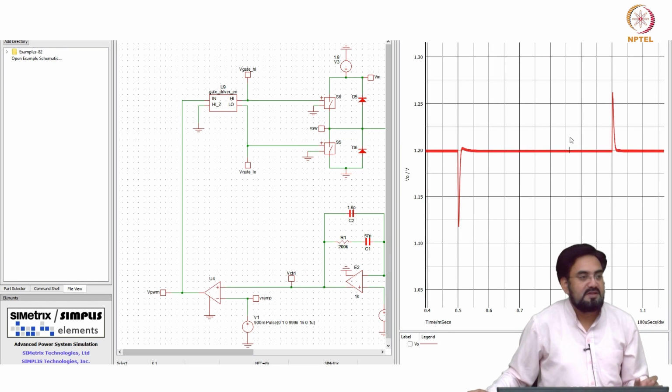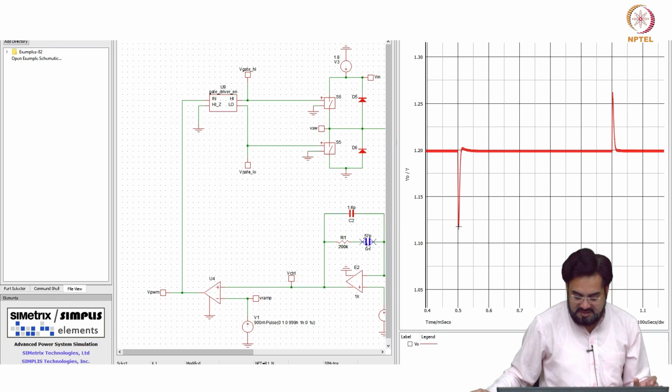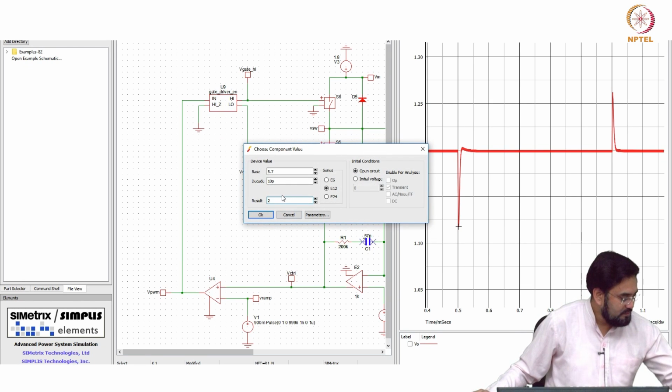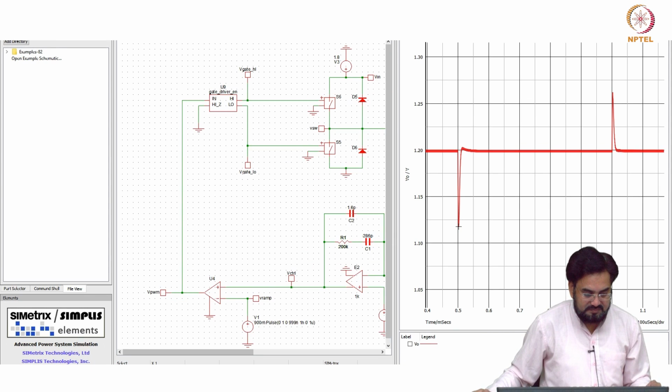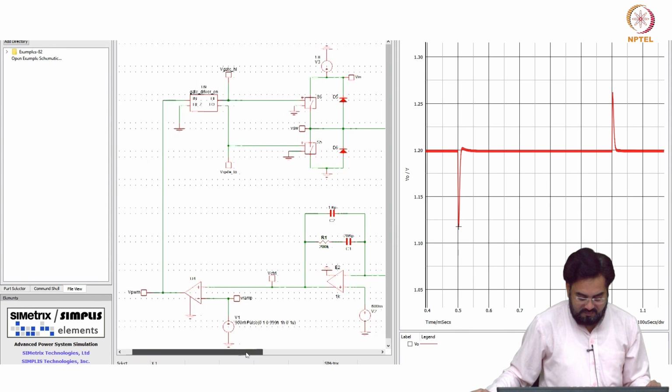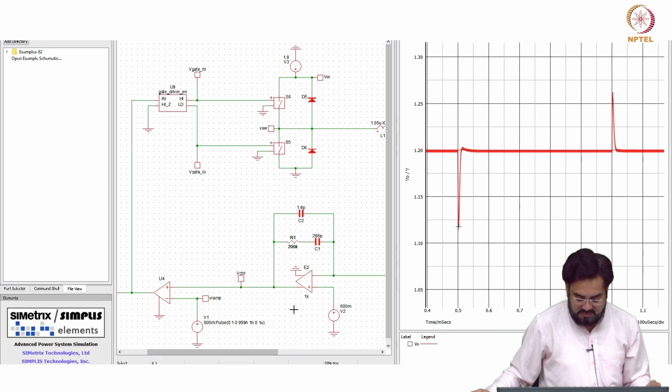So this is how it was looking. Now I simply make it 286 pico. So 286 pico means omega naught by 10, 5 times more cap. So that was omega naught by 2.